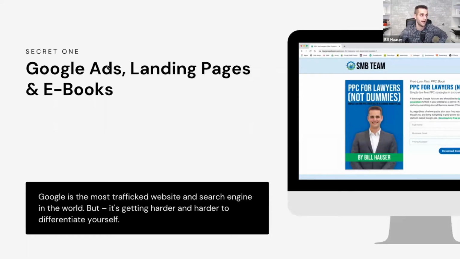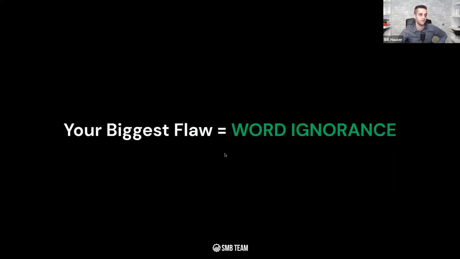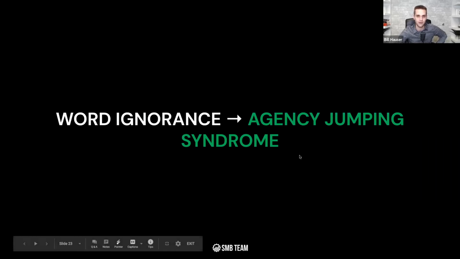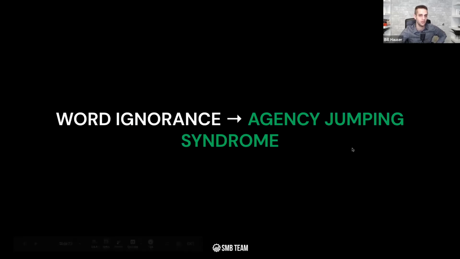All right. So let's dive into the Google Ads landing pages bit. Biggest flaw, again, like I said, is you don't know what words make you money. You don't know enough about the words that your potential highest quality clients type in before they hire you. And word ignorance leads to a syndrome we call agency jumping syndrome, which essentially means if you don't know your niche, you're just going to get all this resentment and start pointing the finger at whoever you can, whether it's a marketing agency or a marketing employee of yours. So we don't want that to happen. We want you to be a patient billionaire investor with a long-term mindset, looking at the long-term lessons you can learn when you go into Google Ads.